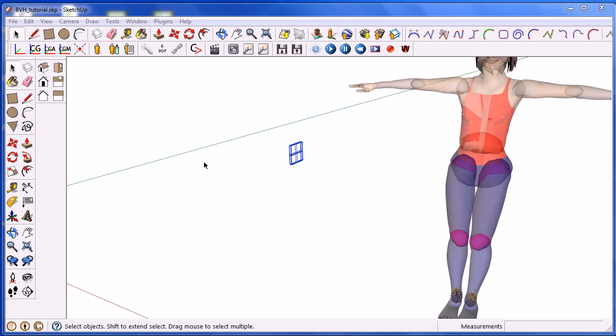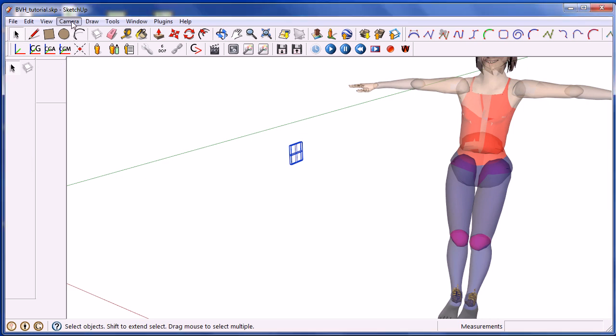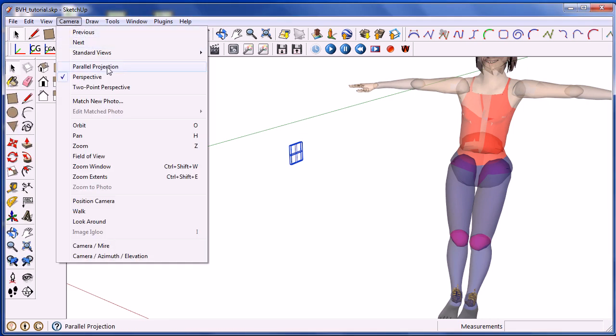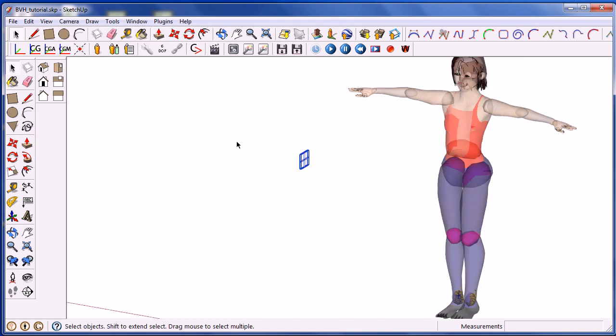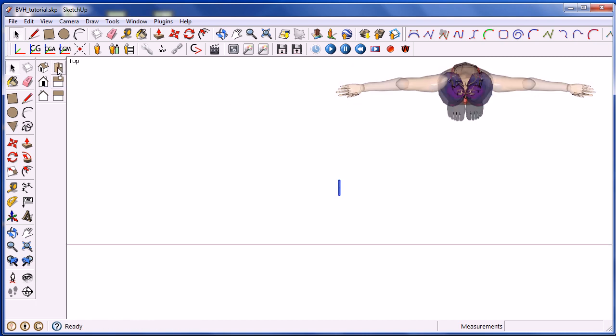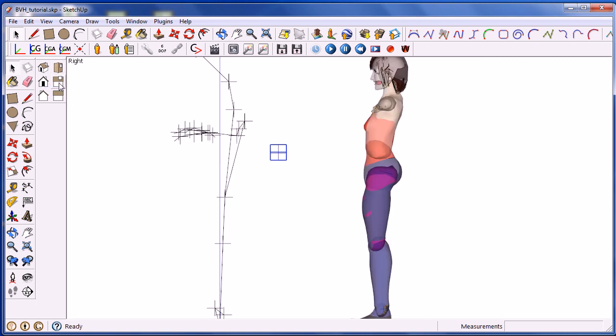In this tutorial, we will show you how to place the marker at the elbow of the character. Some rules must be followed. Firstly, you have to be in X-ray mode. It's already done. Next, it will be easier to use the camera in parallel projection mode. To do this, go into the camera menu and click Parallel Projection. You can also use the classic views such as front, top, and side.